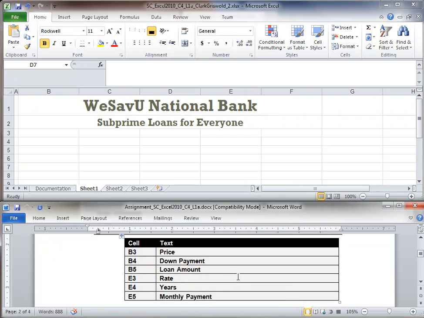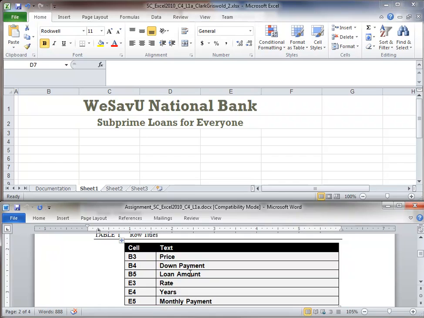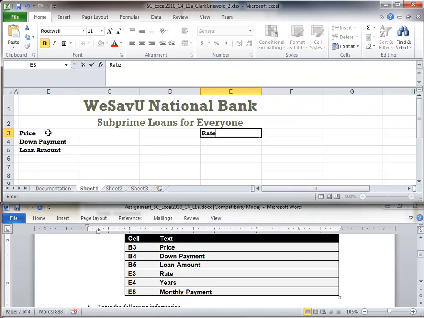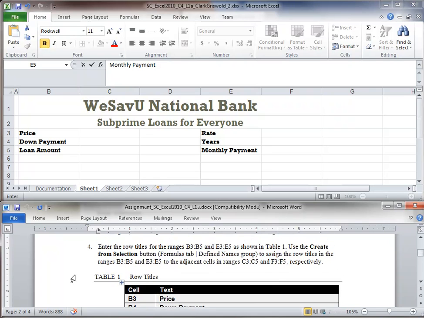So I've got this data that I'm typing in. B3 has the value price, B4 down payment, B5 loan amount, E3 rate, E4 years, and E5 is monthly payment. So I've entered the text here, and then it says use the Create From Selection button, Formulas tab, Defined Names group,